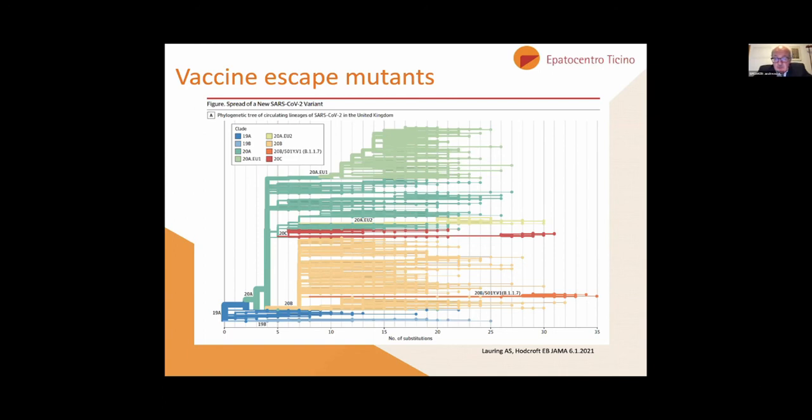So this is from a paper from Emma Hodcroft from Bern that she did with her colleague, and that has been in JAMA. You have probably seen it. Very nice paper that explains the relevance of vaccine escape mutants, or the new mutants that we have seen coming up, first from England, then from South Africa, now from Brazil and Japan. So this is a slide depicting the genealogical tree, the phylogenetic tree of the virus, and